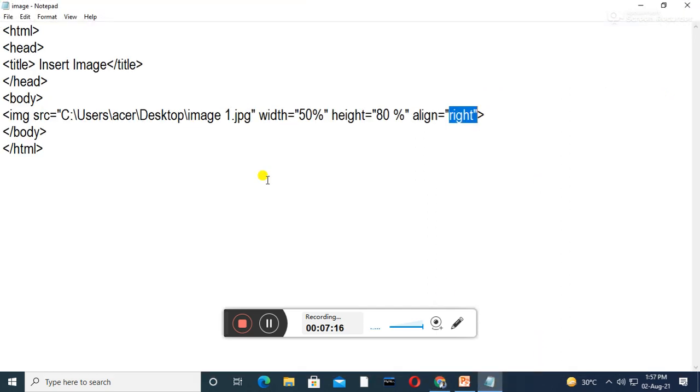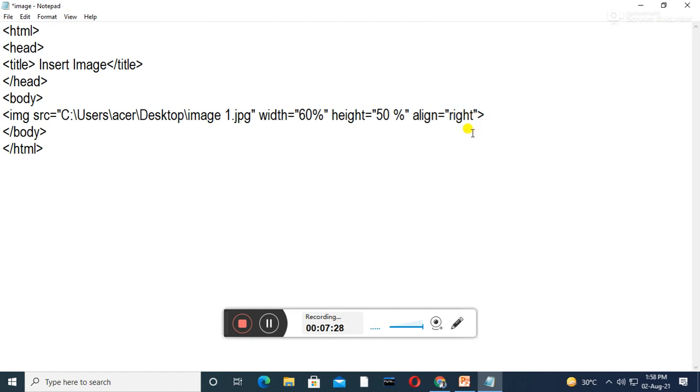See now I am running the file. This image now appears on the right side according to our given value of the attribute. Height and width values are showing here. Now I am going to make some changes. In place of 50% I have written 60%. In place of 80% I have put 50%.